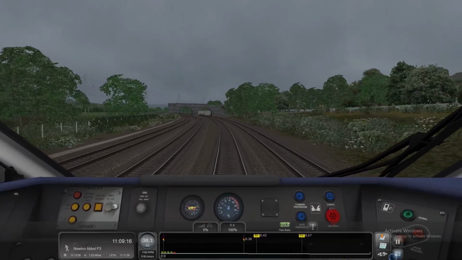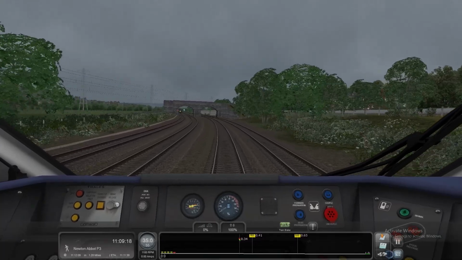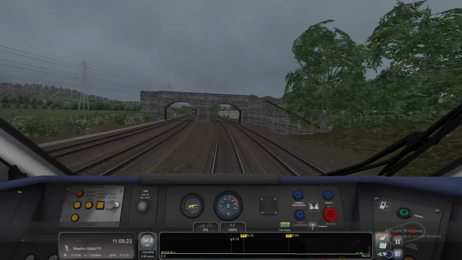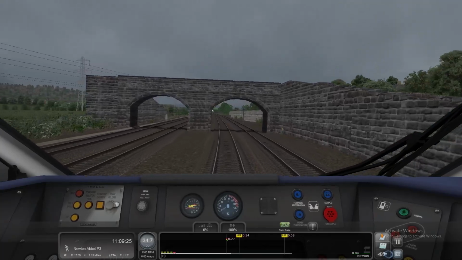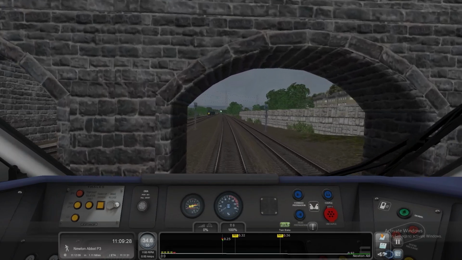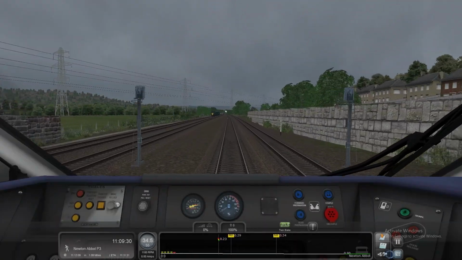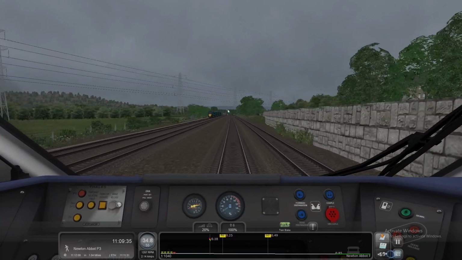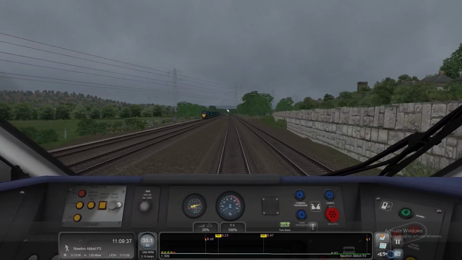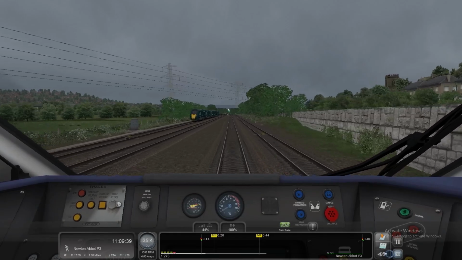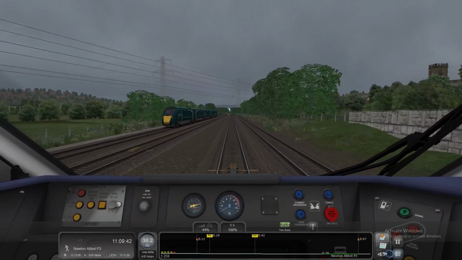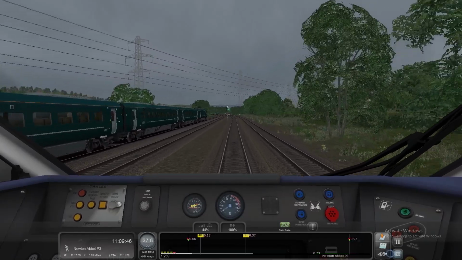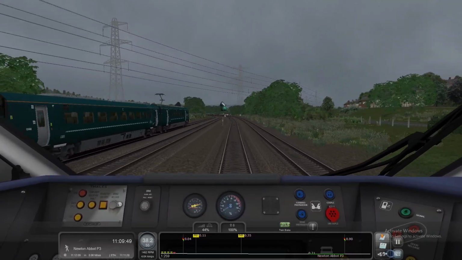Okay, so let's have a look. That's quite interesting how it's done that. I think I know what's going to happen. Okay, so we've got priority, which is quite cool. So yeah, I suppose this is almost leveling up your scenarios in a way. So we have got a slight priority over that train to our left just there. So it's going to pass in front of him because I imagine